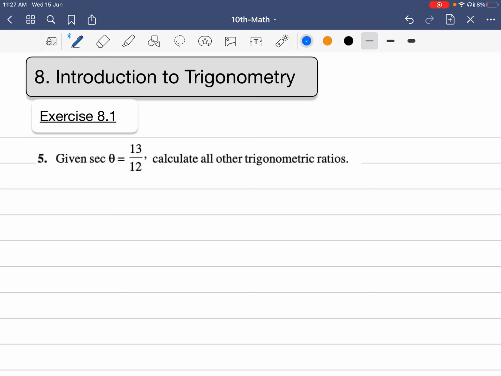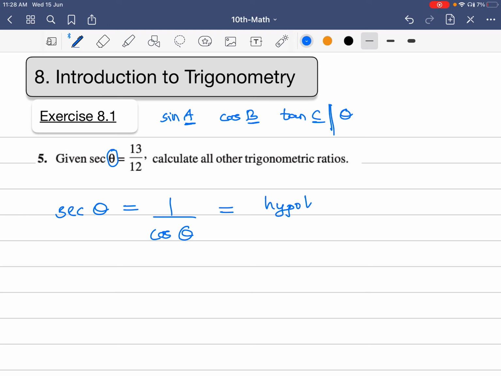So let's first note down the standard definition of sec of theta. Now remember, this theta stands for an angle. So typically till now we have seen sine of A, cos of B or tan of C. Instead of A, B, C, we are using another Greek symbol which is called theta. There's nothing to get confused about it. So sec of theta is equal to 1 upon cos of theta, and that is equal to